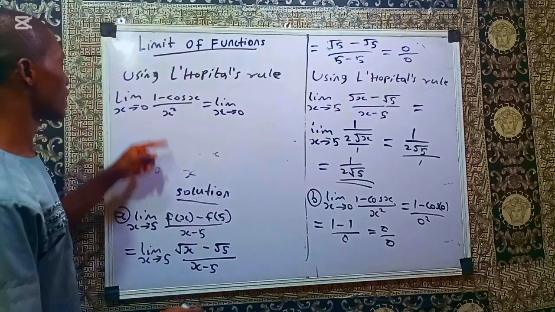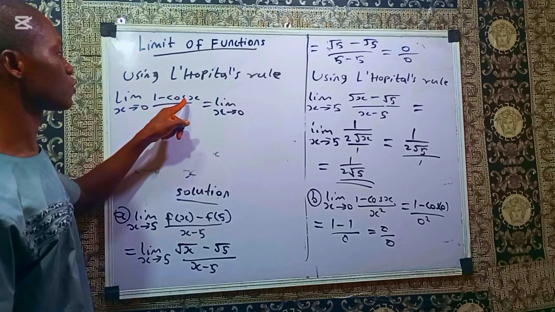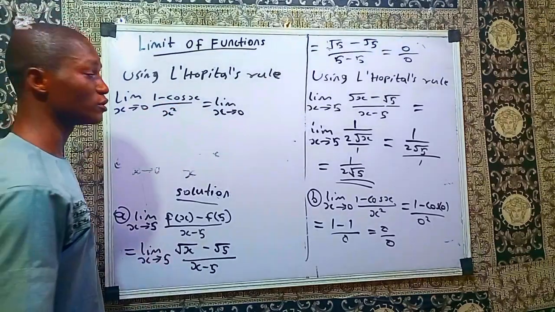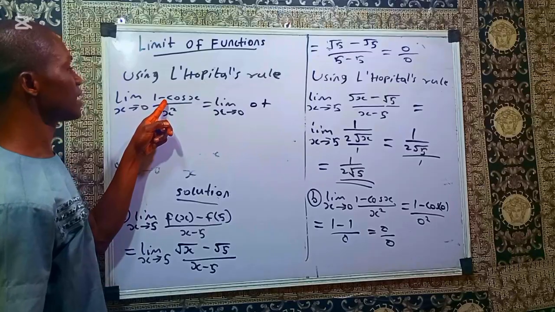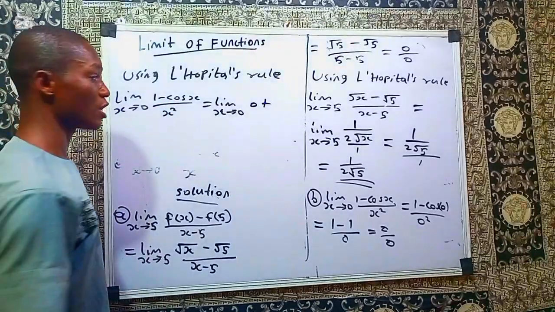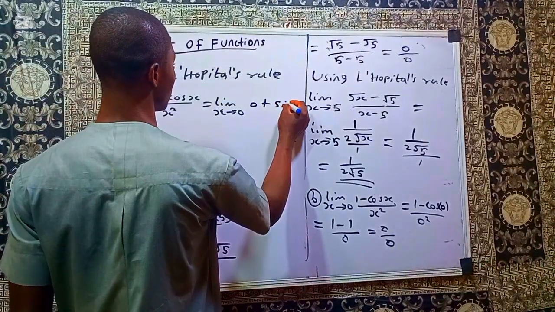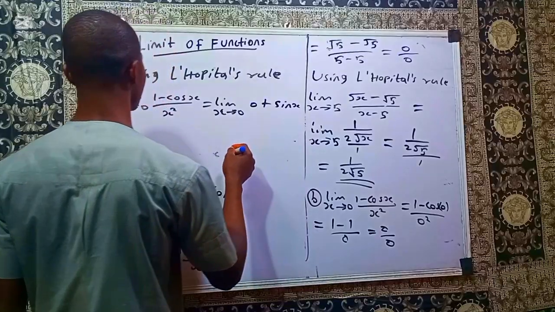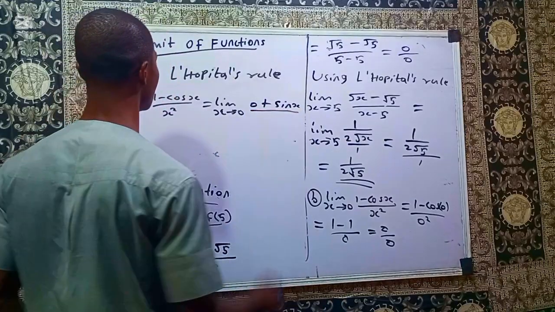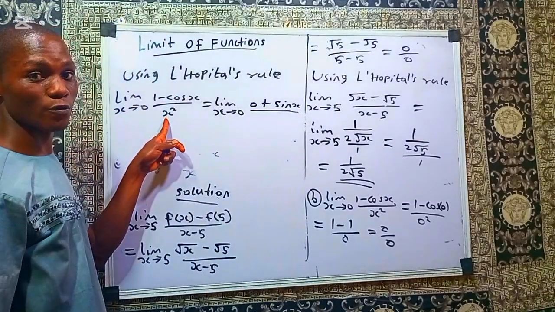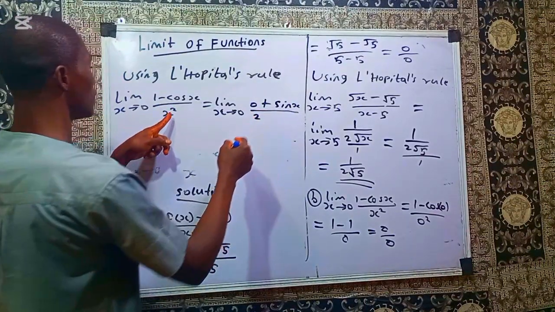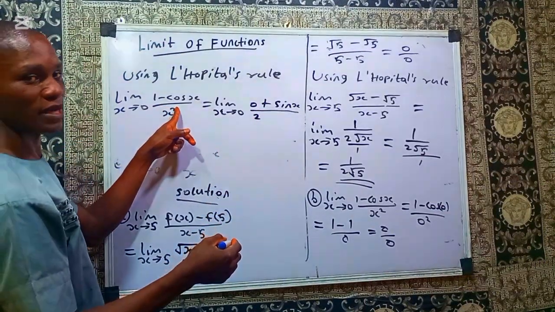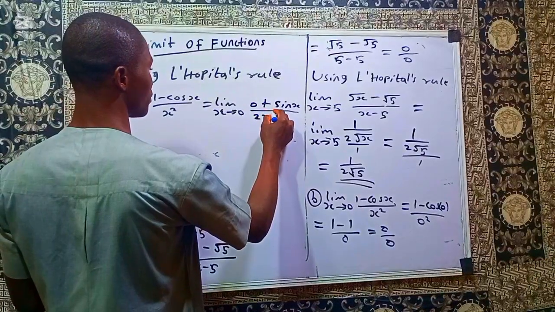So at the numerator, we have 1 minus cosine x. If you differentiate 1, you are going to get 0 plus. If you differentiate minus cosine, you are going to have positive sine x, divided by, if you differentiate x raised to power 2, you bring down the power, you are going to have 2, and if you subtract 1 from the power 2, you have x raised to power 1,